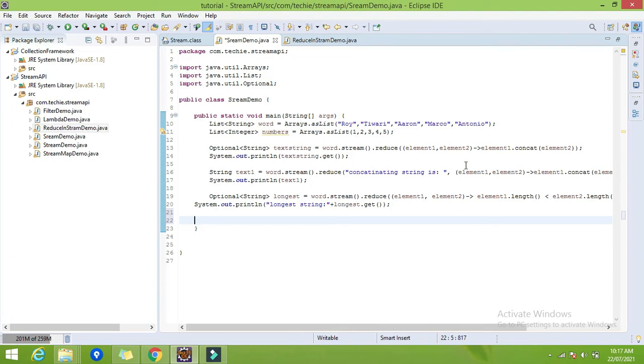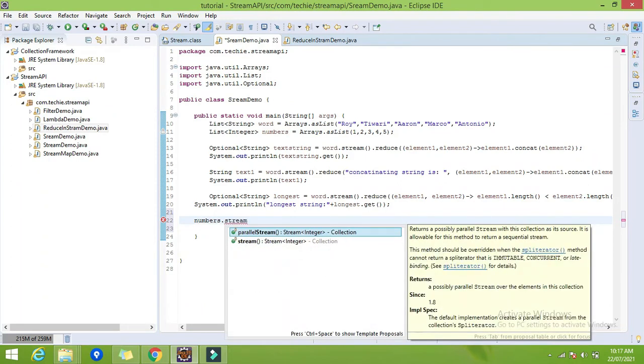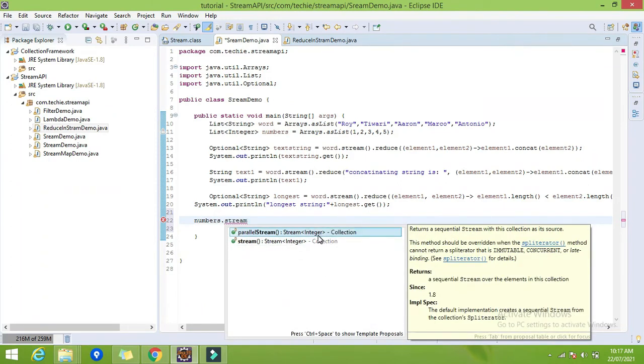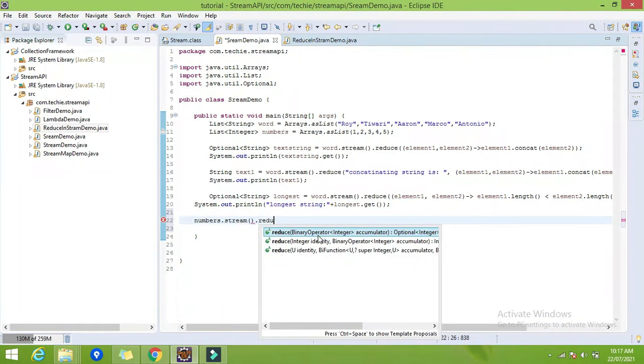Same. What I want is the sum of this list of numbers. So let's try to do this using the reduce function. I will create the stream, then I will use the function reduce.